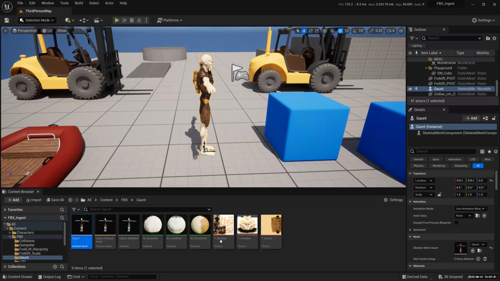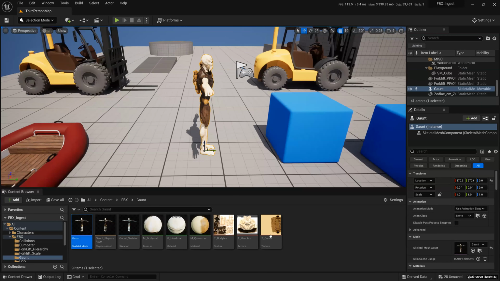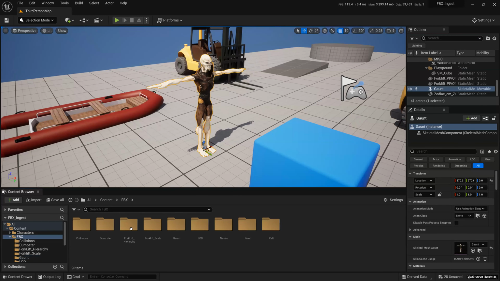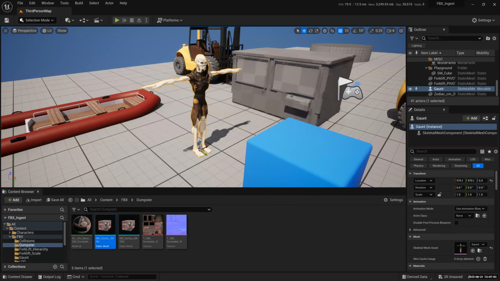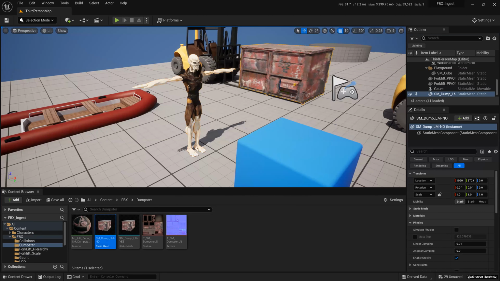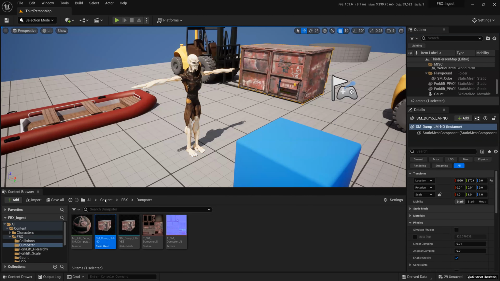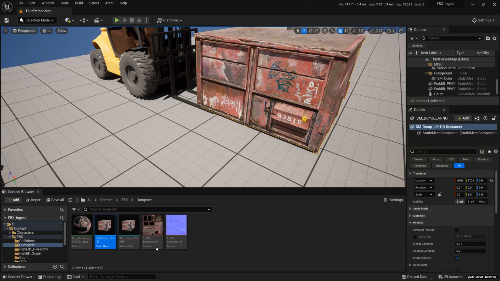So this is more for skeletal meshes. I've got the dumpster here, right? Static mesh. You can play around with it. It has all the textures with it. Okay, this is meant for gaming. Play around with this. We have